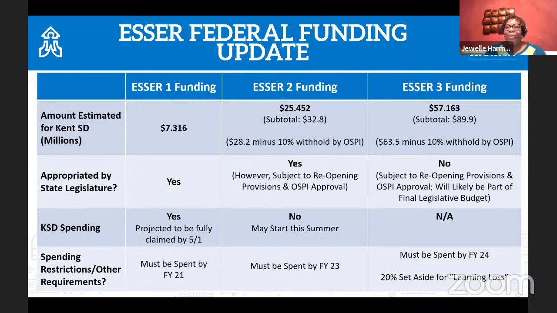OSPI set a date for all districts to complete a form and submit a response. And we were not complete with our bargaining process across our labor groups. That was one of the questions actually, had we completed that in the plan submission, and we had not. So it's not a complete surprise that they did not approve our plan because we hadn't completed all of those things. So we could make no guarantees as to completely what our learning model is. I believe we provided an additional update of where we were with our bargaining.